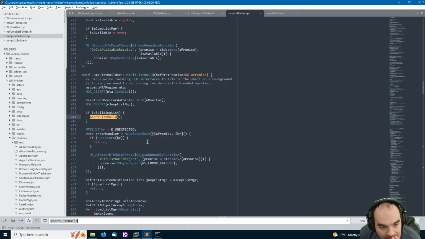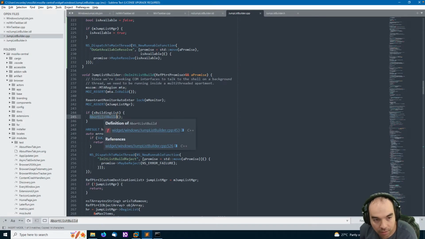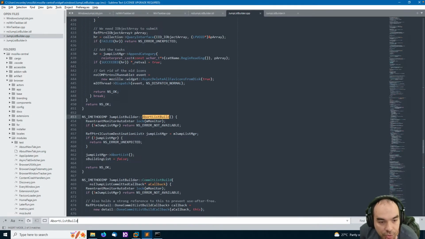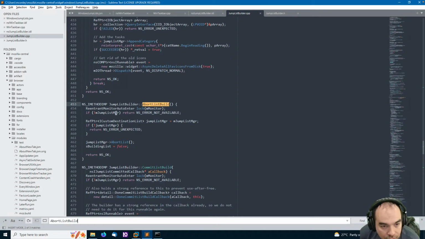So that's interesting. You almost want this to call the off main thread, like the do method. What happens here? You just call abort list and do these things.